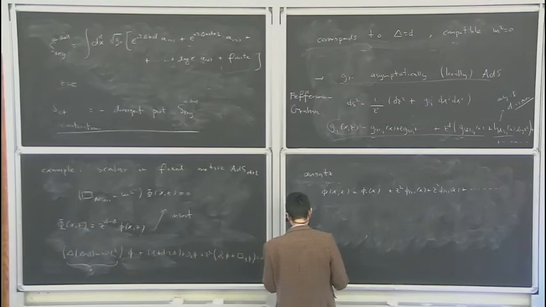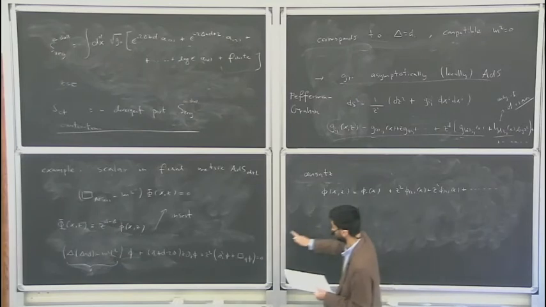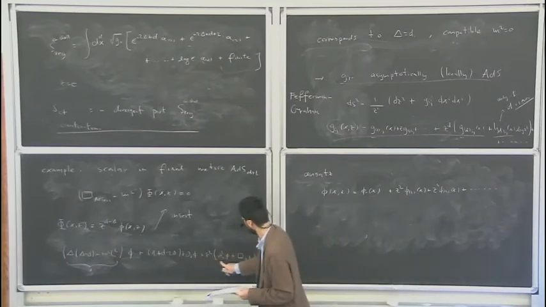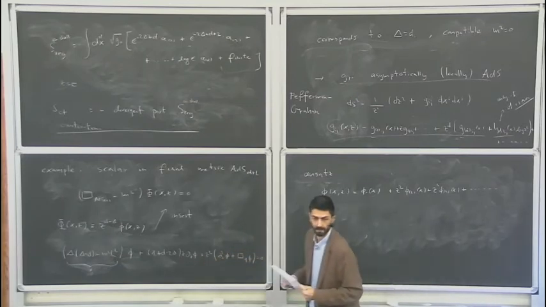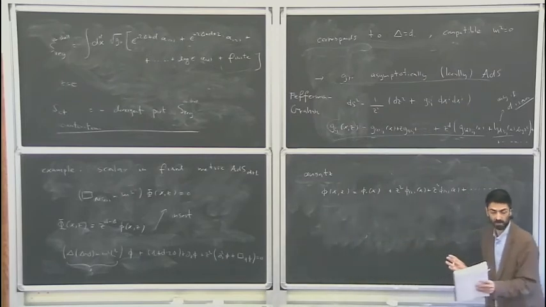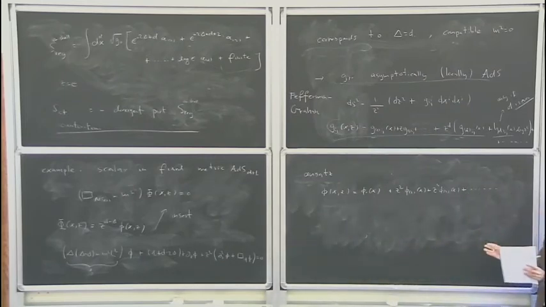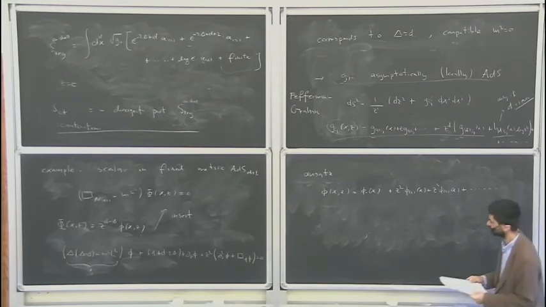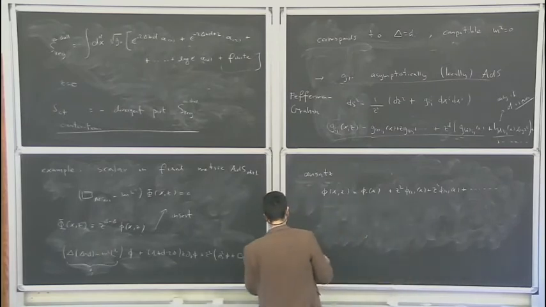Okay, I don't want to write the expansion with all the terms, right? So you have to take this and plug it in. There will be terms coming from here, terms coming from here, coming from there. And then rearrange whatever you obtain, again in powers of z, right? And you have to put to 0 separately each coefficient of the series in z. So at first non-trivial order,